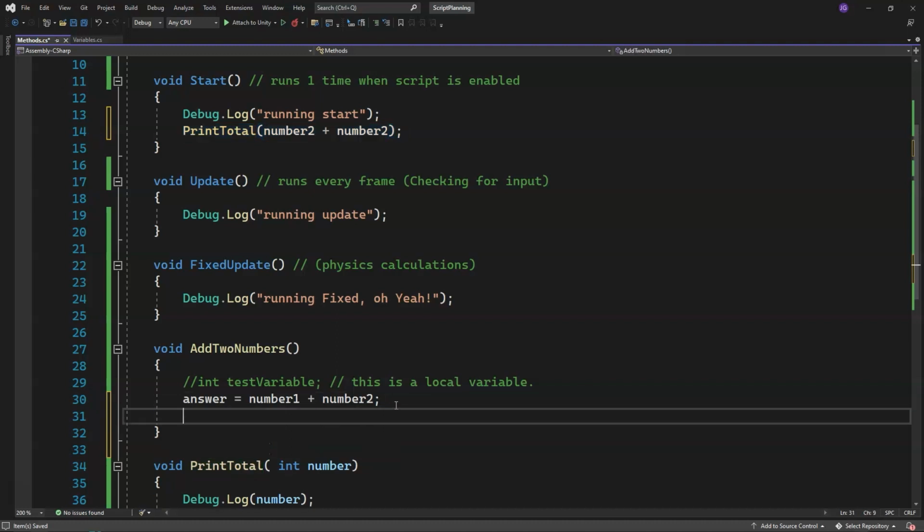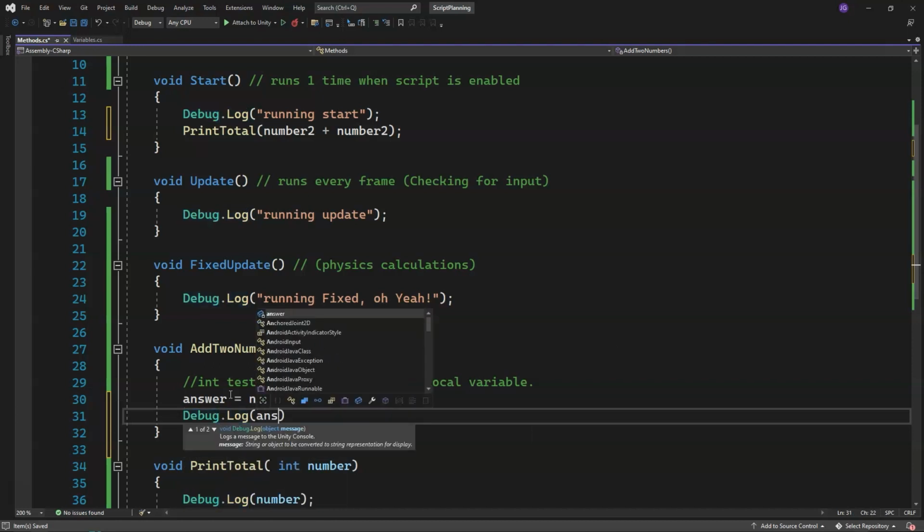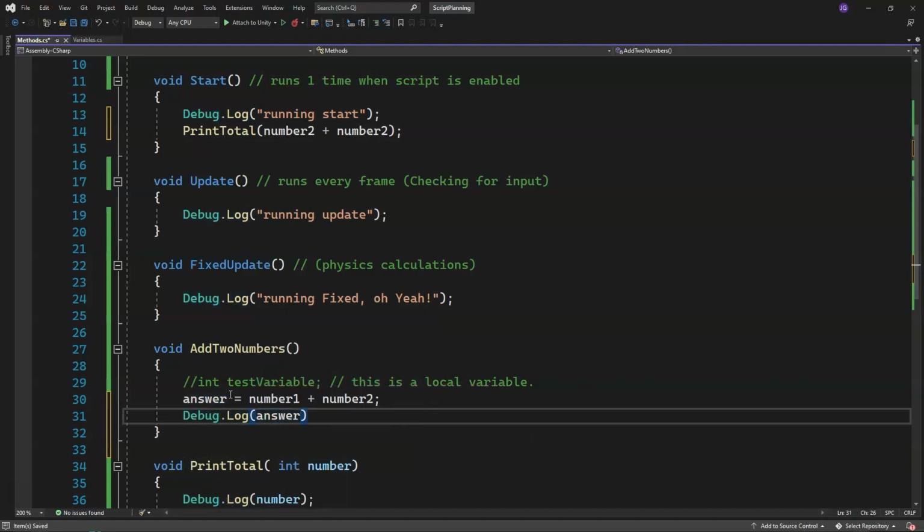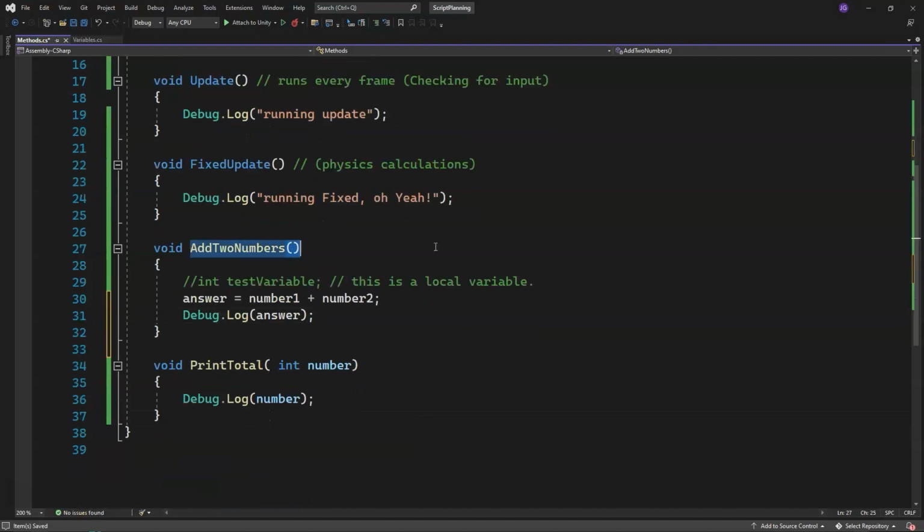But another way, if I wanted to print this answer, I can simply do my debug.log, and I could print the answer. So for this method, it would get these two numbers, assign it to the variable, and then log that variable. Okay. Now with this, I might want to change this to be like add two numbers and